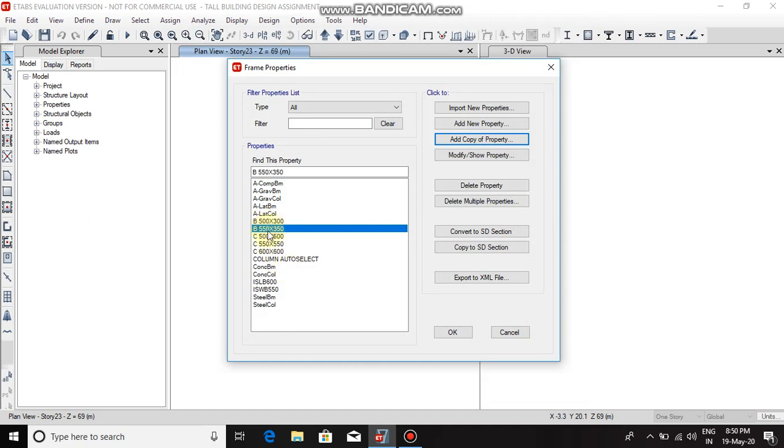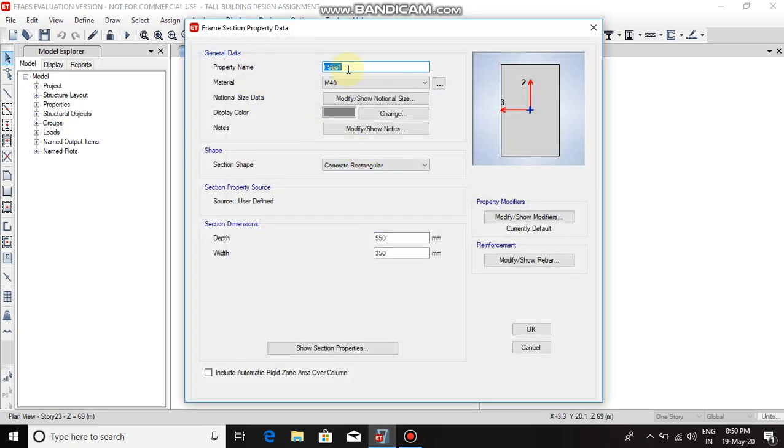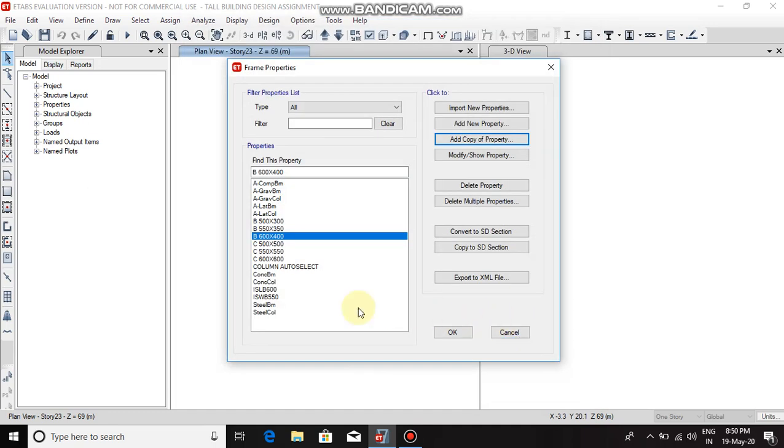Now select any of the beam properties and again click on Add Copy of Property. Change the property name to B 600 mm by 400 mm. Change the material to M40, depth as 600, width as 400 mm. Now click on OK. Now three beam sections are defined.